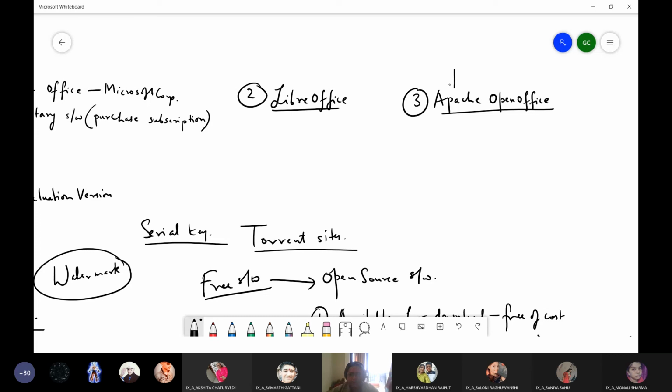Apache OpenOffice package, earlier it was created by Sun Microsystems, right? But now it is Apache OpenOffice. So basically these two softwares are created by communities of people, and they are available free of cost for download, and their updates are also free. Every time there is an update to the software, it will notify you and you can download it. Right. Now, coming to this,